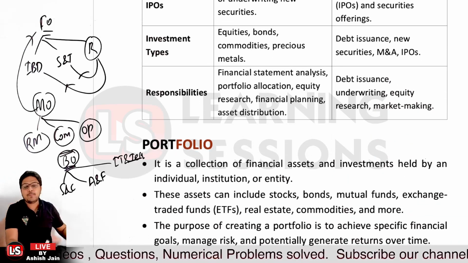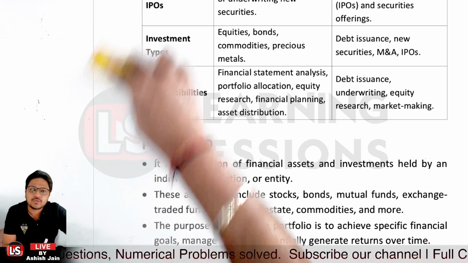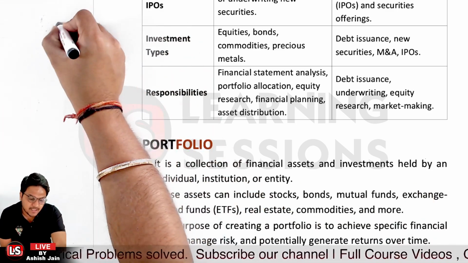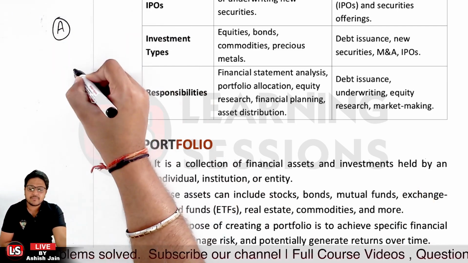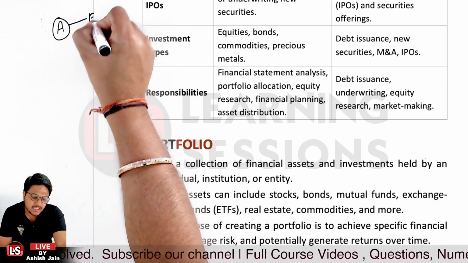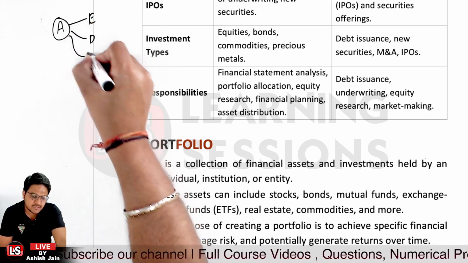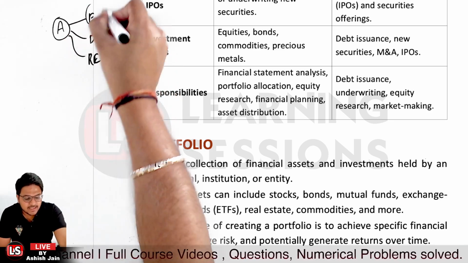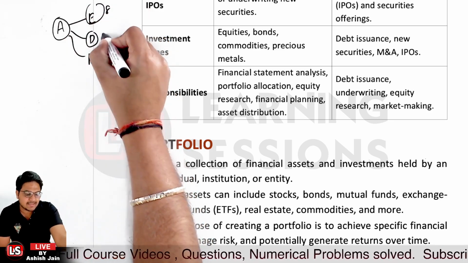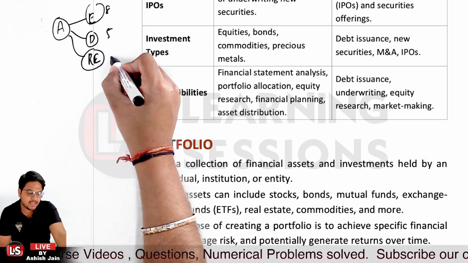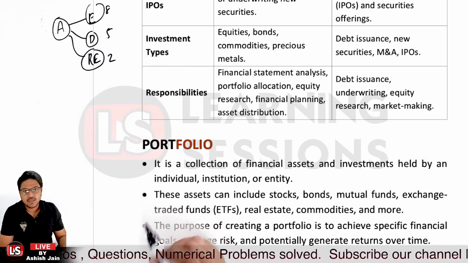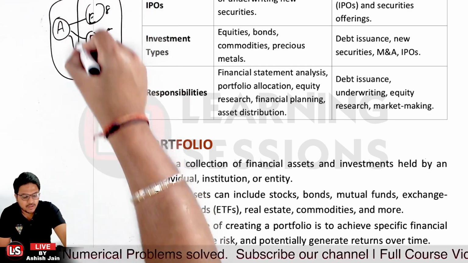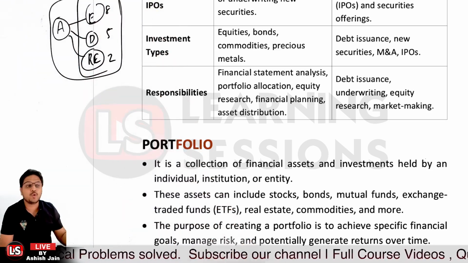And further, it's related to portfolio. Now, what actually is a portfolio? Let me tell you from a very simple point. Let's say a person is investing in equity, in debt instruments, and in real estate. In equity he has 8 different securities, in debt he has 5 securities, and in real estate he has invested in 2 properties. All these things together will create a portfolio, right?